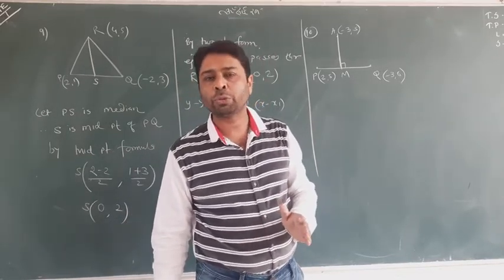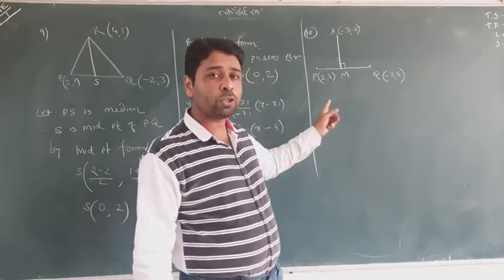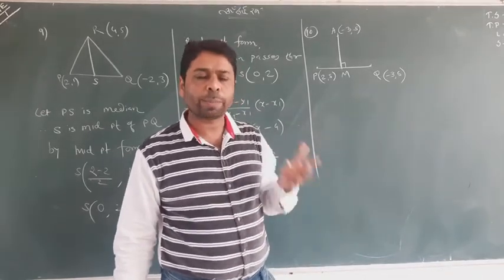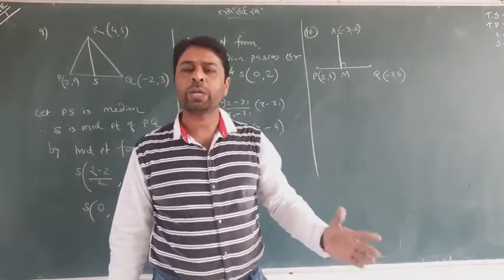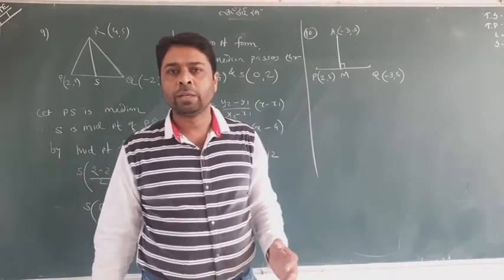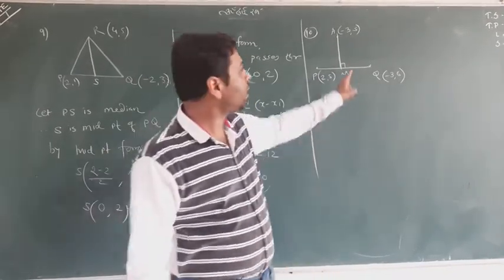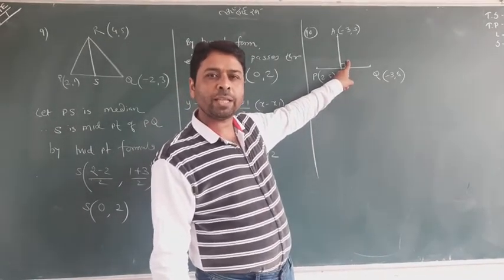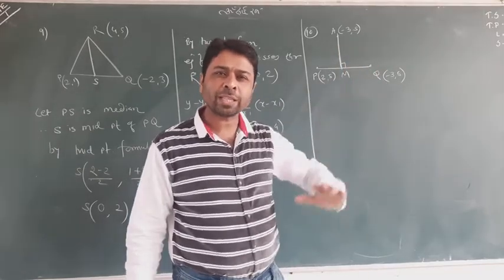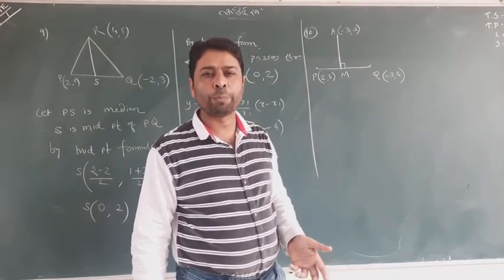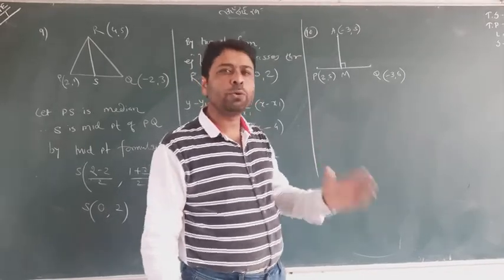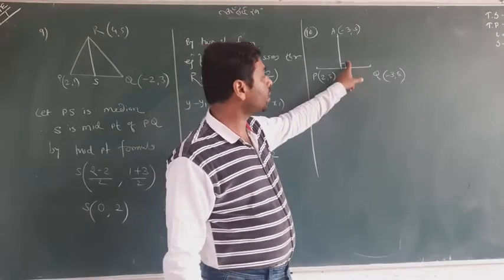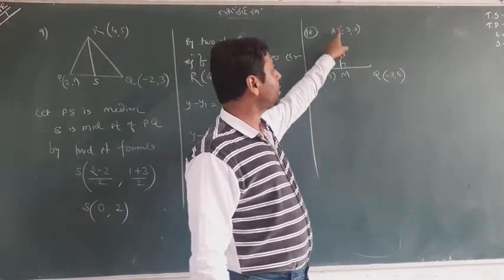where theta is the angle made by the line with the positive direction of the x-axis, but I didn't draw the x-axis or y-axis here. The particular theta is not given by which we can find m equal to tan theta. So don't be fooled and don't say that theta equals 90 and m equals tan 90. Please don't say that. Whatever angle appears in the question, it is not necessary that the angle is forming the slope. So don't confuse. Let me clear your concept that this is only the perpendicular. This is 90, definitely the angle between these two lines.